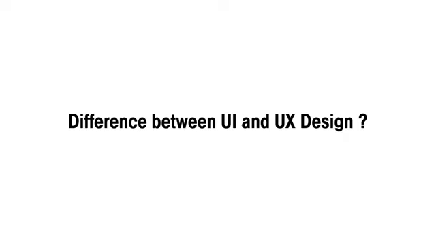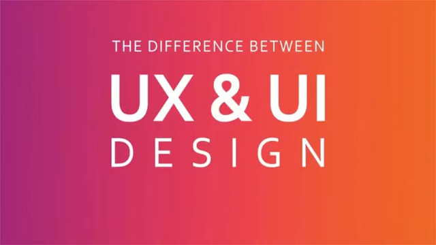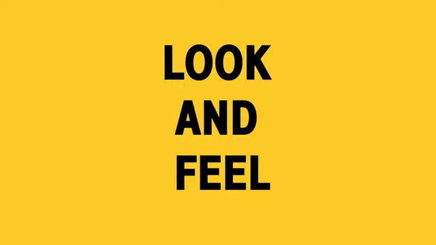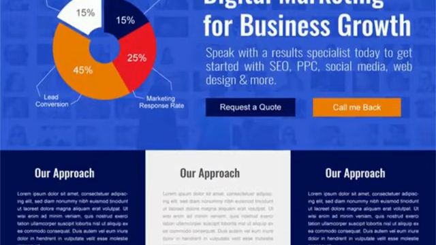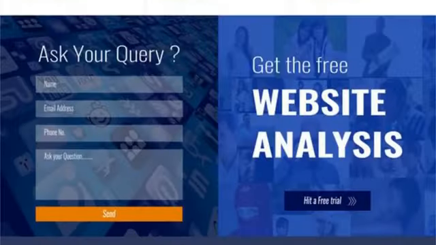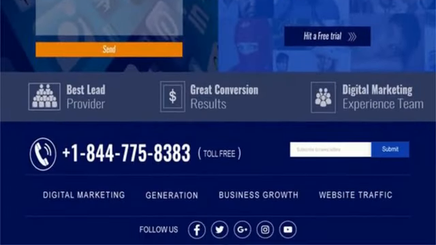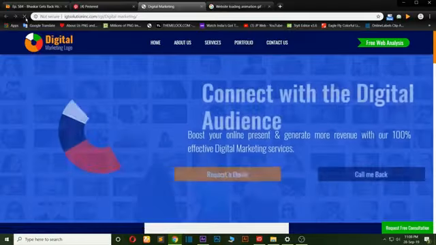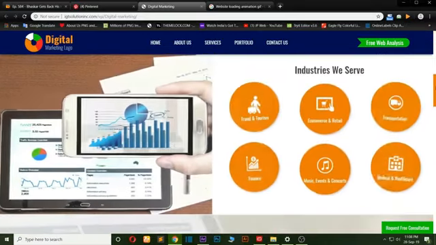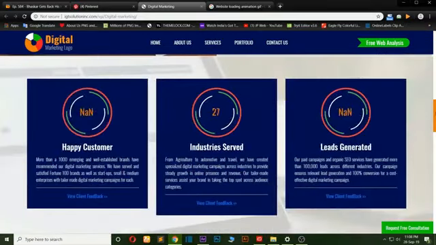Now, what is the difference between UI and UX? I mean the user interface and the user experience design. If you have heard the phrase look and feel, then the easy way to understand is that the look portion of any design is called user interface design, and the feel represents the user experience.